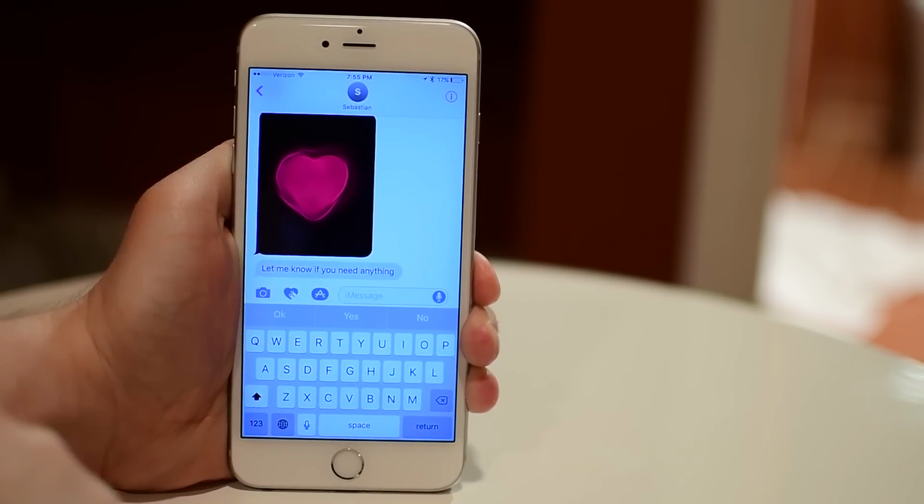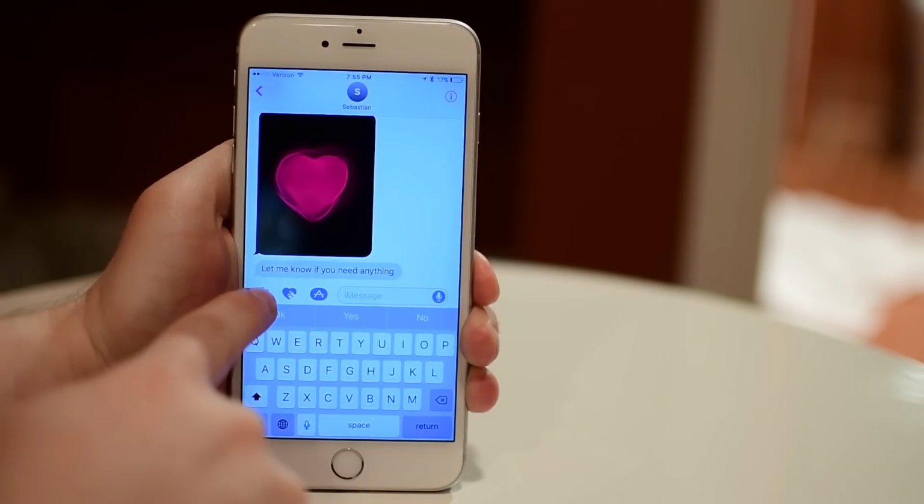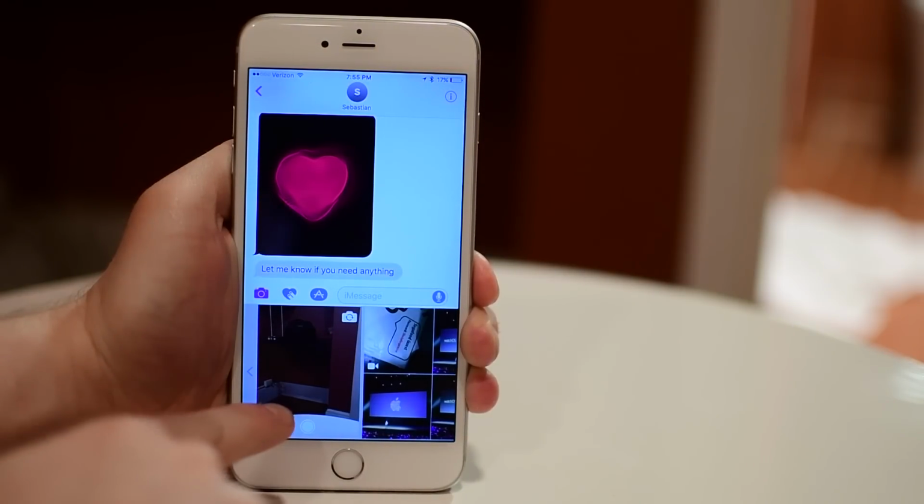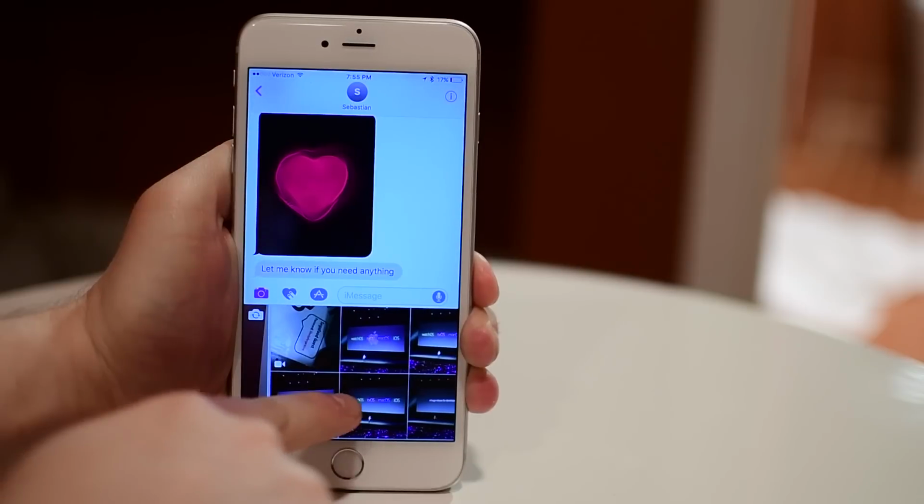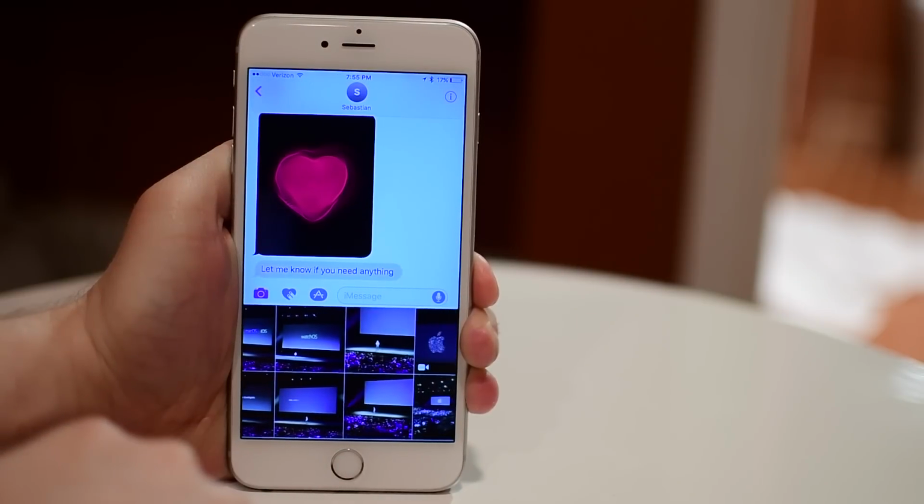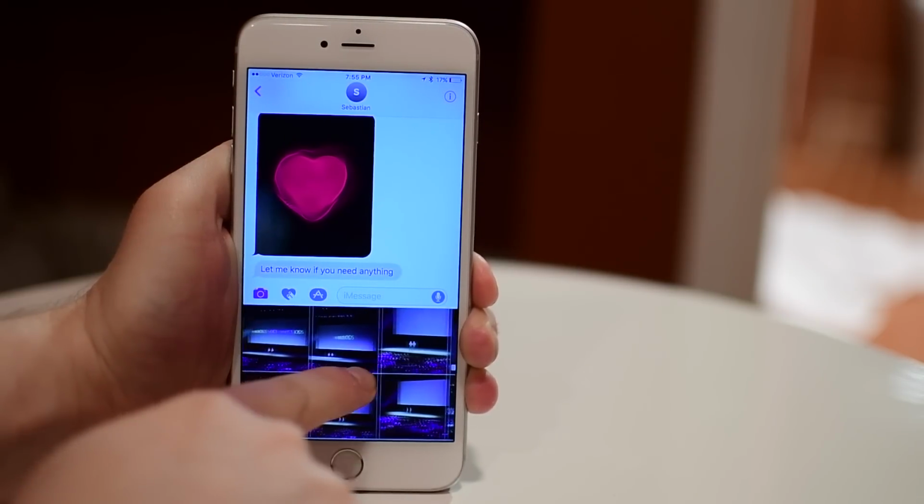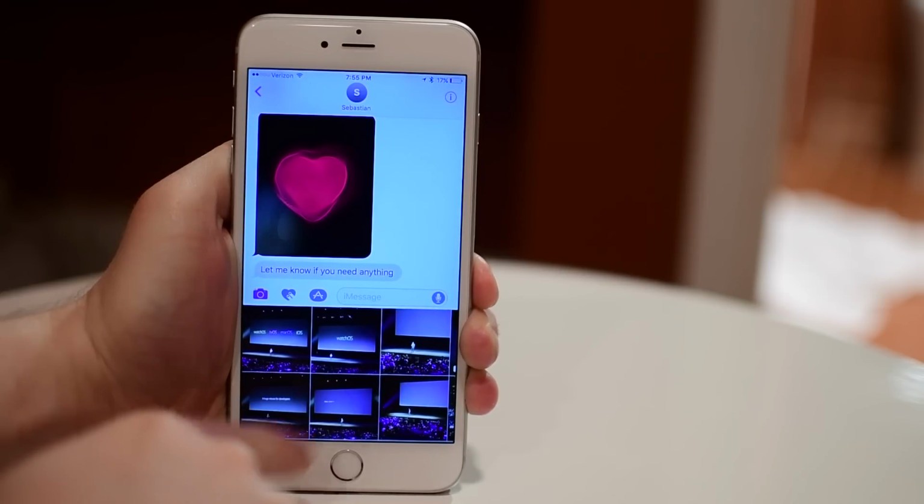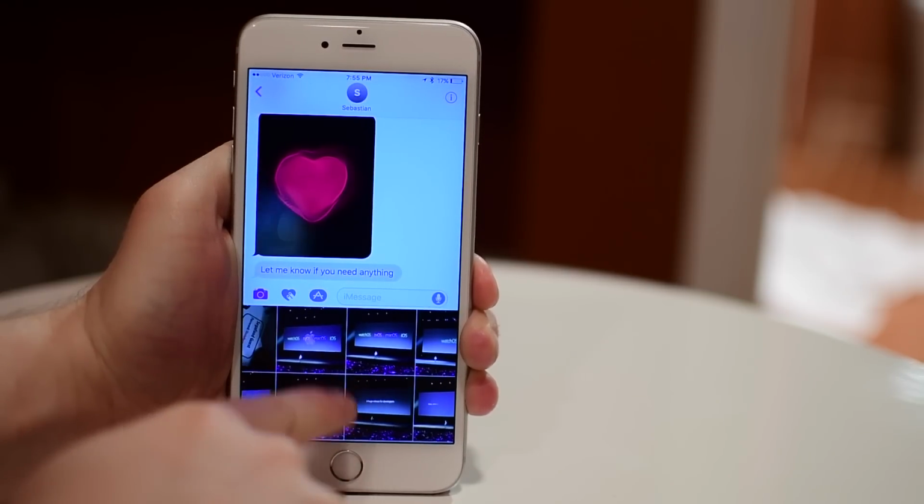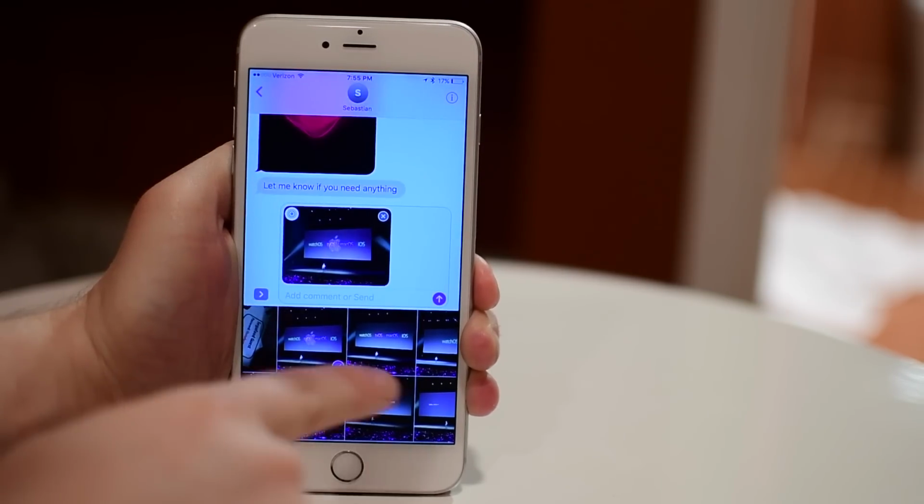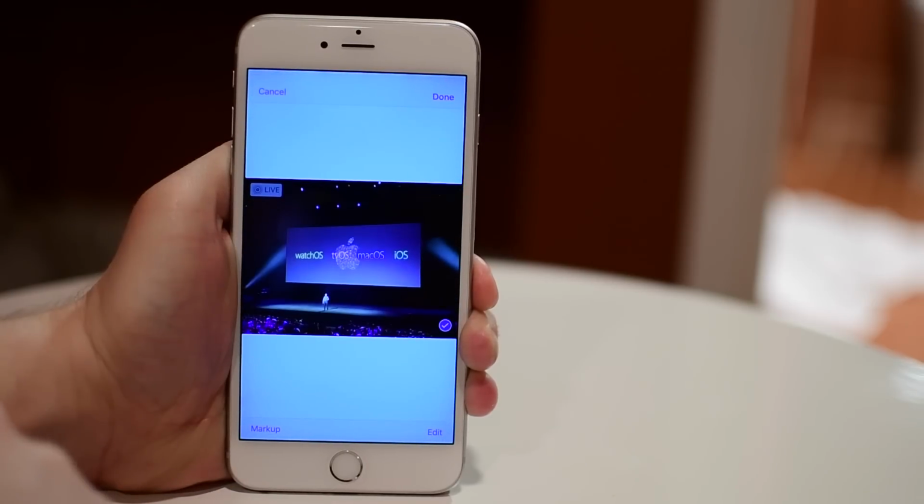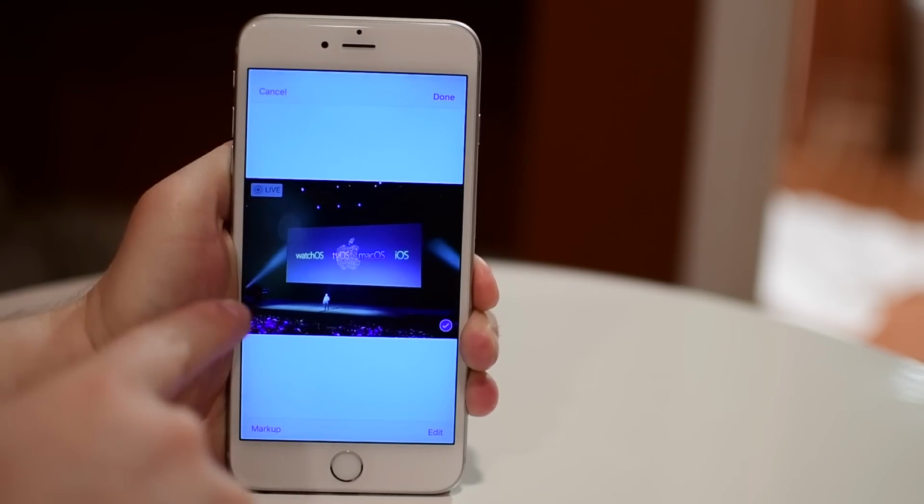If we go ahead and tap that, we have three options: this camera icon, that heart icon, and an application icon. When you open the camera icon, it immediately opens up your front-facing camera as well as your camera roll, so you can take a photo super quick or use any of the photos that you've recently taken. If I actually choose one of those photos, however, we have a new option here which allows us to use